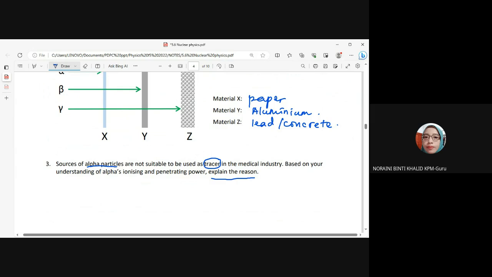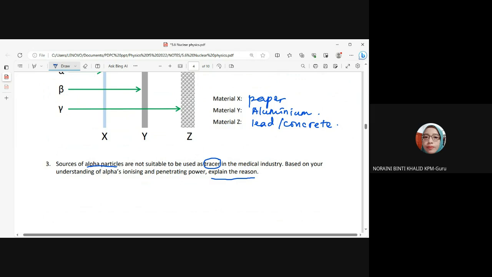Contohnya you ada injury, maybe ada ketulan darah dekat mana-mana dalam badan. So doktor boleh guna teknik ni guna tracer. Dia akan bagi you minum dalam suitable amount radioactive substance tu yang release out gamma. Jadi gamma tu dia akan masuk dan dia akan guna gamma camera, dia boleh detect your body parts di